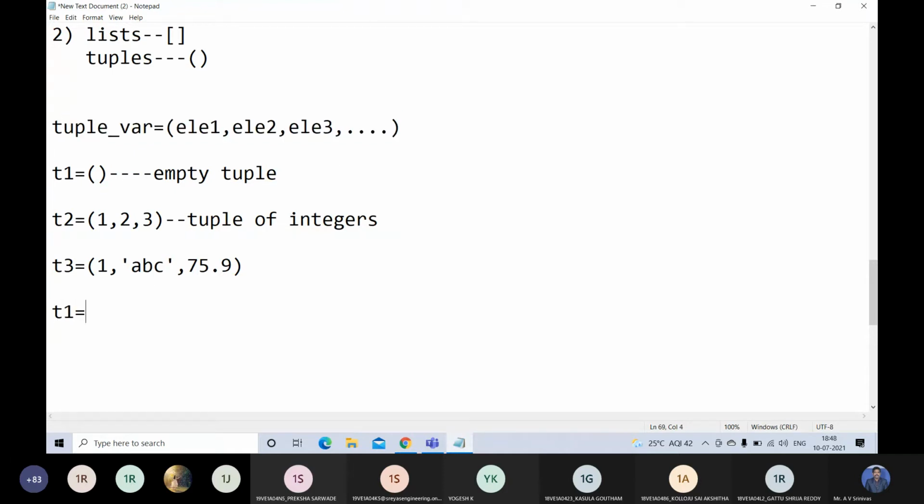That means T1 is equal to tuple, and inside the brackets you can write the elements. Whatever elements you want to store, you can write like this. This is also another way of creating a tuple. Is it clear?